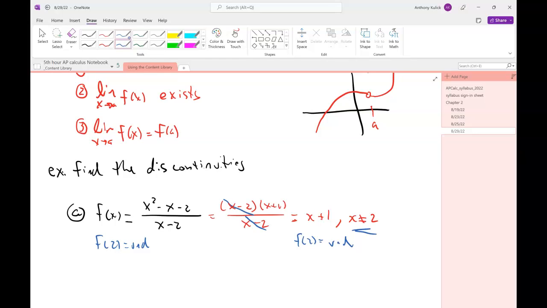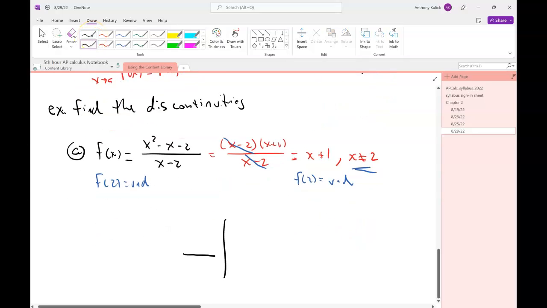Do you remember what it's called when that happens? This was the removable discontinuity. When you can completely reduce a factor from the denominator, that factor creates a removable discontinuity. So if you wanted to look at the graph of this,